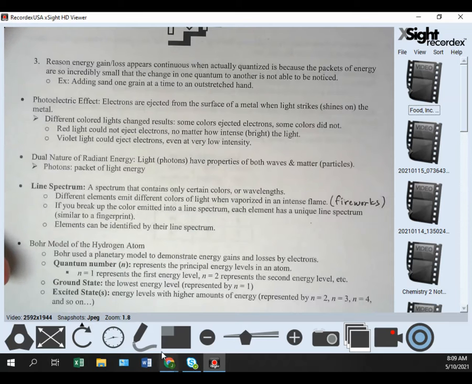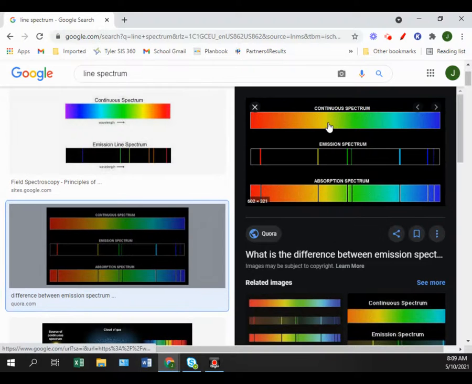So we know that white light will give us a continuous spectrum, right? We talked about that. White light has all of the colors combined together. That's what our eye registers. Other colors that we see have fewer wavelengths than a whole continuous spectrum. It doesn't have all of them. So in other words, if I look at some of you wearing red,